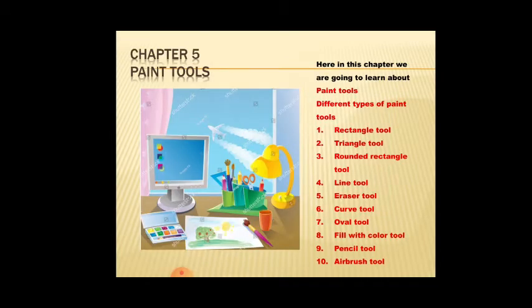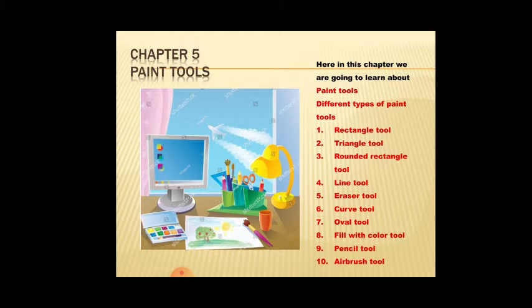So in this class we are going to learn about chapter 5, that is the paint tools. Children, you have made paint on paper. Now we are going to learn how to make the paint in the computer. We have learned in last classes what is a computer, parts of the computer, what is hardware, what is software. Basically, paint is a software which cannot be touched or seen, and you just use the tools to paint any of your favorite things.